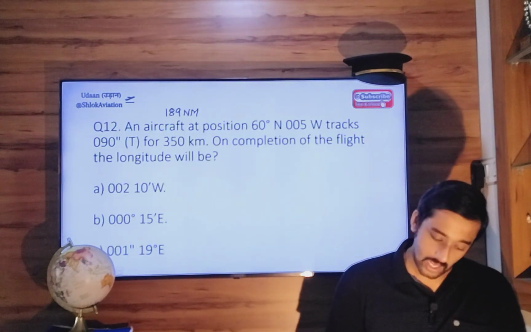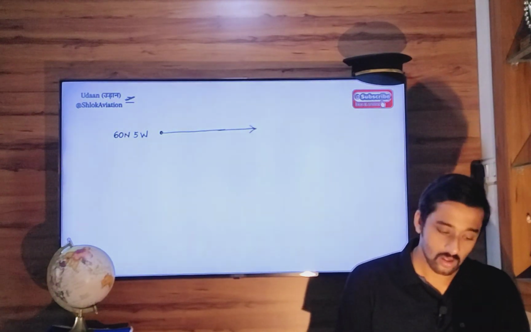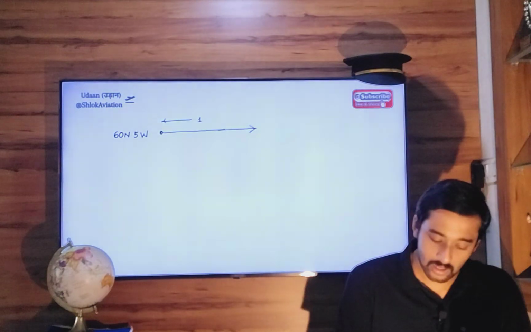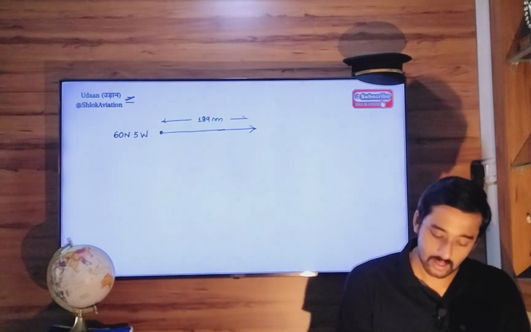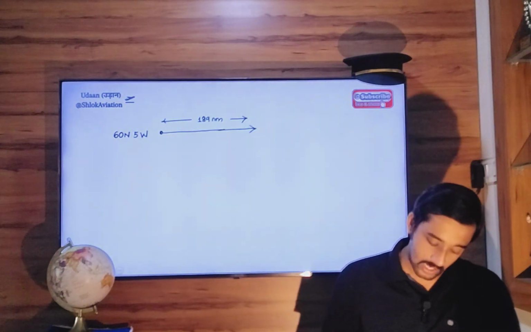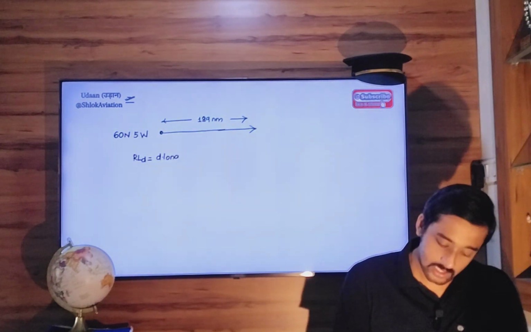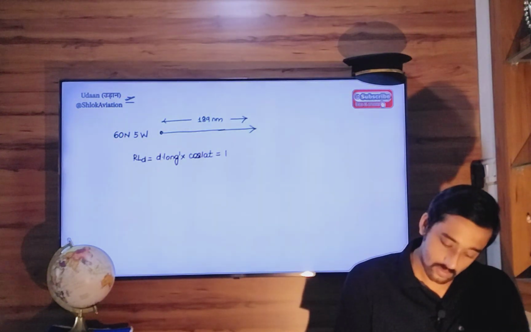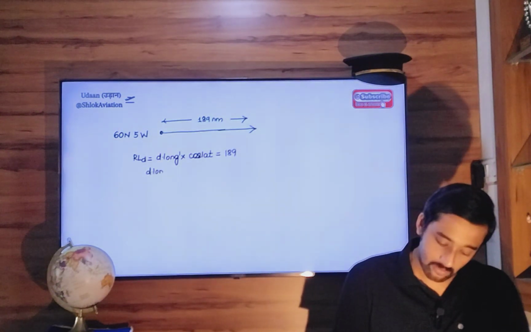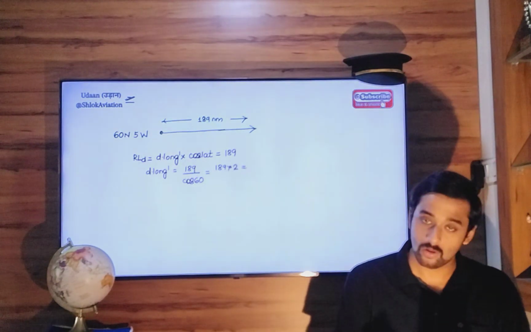From here, we travel east for 189 nautical miles. So when you travel in an easterly or westerly direction along a parallel of latitude, you are actually flying a rhumb line distance. A rhumb line distance is d long in minutes into cos lat. So d long in minutes will be equal to 189 divided by cos of 60, which is equal to 189 multiplied by 2,